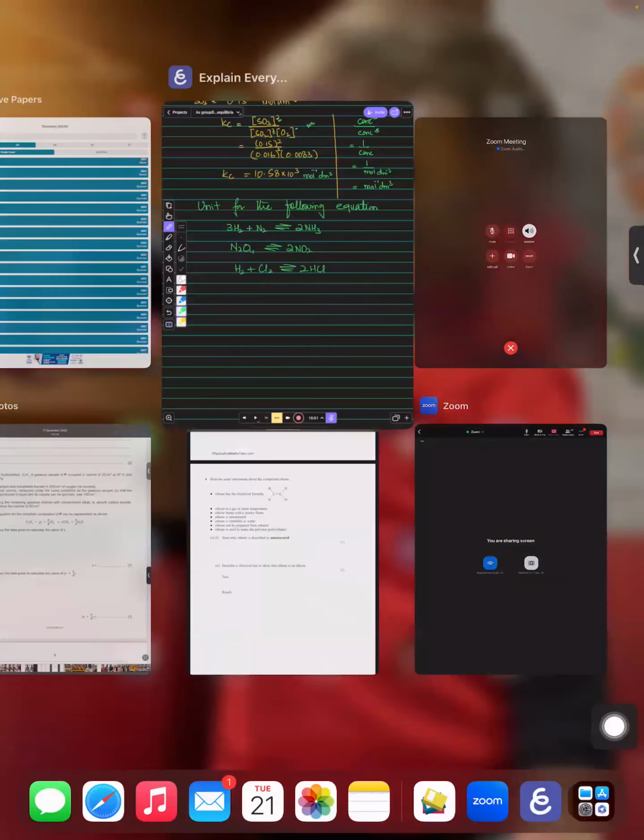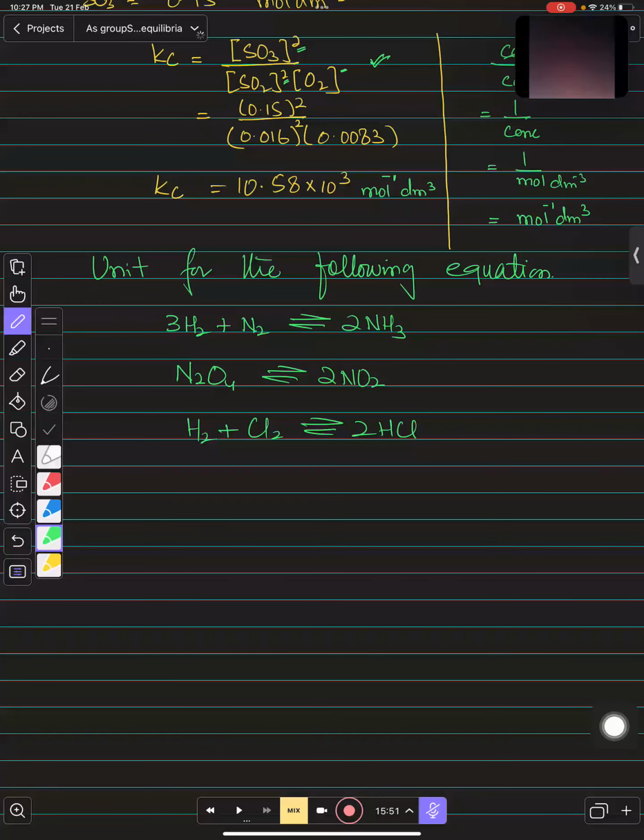तो here you can see this बच्चों, if you talk about the units, तो आपने सिंपल ये करना है कि अगर आप यहाँ देखते हैं इस इक्वेशन को, so in the product side you just have 2, so ये हो गया कॉन्सेंट्रेशन का स्क्वायर, और नीचे अगर आप देखते हैं तो ये हो गया कॉन्सेंट्रेशन 4, सही है। तो 2 से 2 कट जाएंगे, आपके पास 2 बचेंगे, और इसका मतलब ये हुआ कि यू हैव मोल स्क्वायर एंड डेसीमीटर 6, ठीक है ना। जब ये दोनों ऊपर जाएंगे तो ये बन जाएगा मोल इनवर्स और डेसीमीटर बन जाएगा 6 पॉजिटिव। तो दिस विल बी द यूनिट फॉर द फर्स्ट वन।